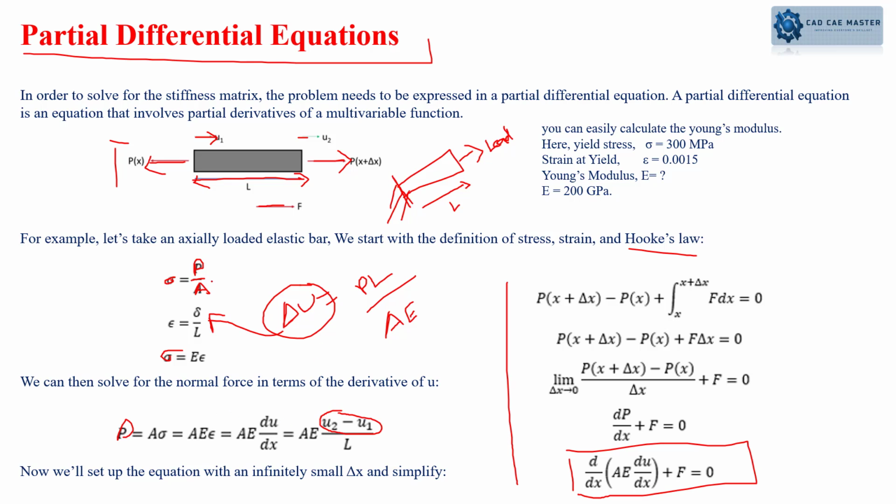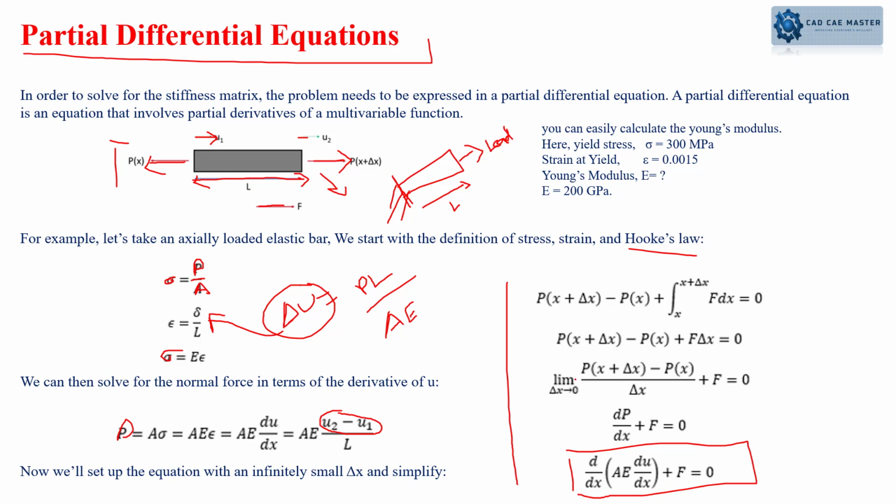Now we get back to this one here. If you would like to derive this one, first the loading condition. This is along the positive direction, so we keep it as P of x plus delta x. This is going towards the negative direction, so I write it as minus P of x, plus this is the integration of force, the integral of f dx. Then if you try to solve it, we take the same thing here, minus P of x, and write it as f times delta x, where we take the initial